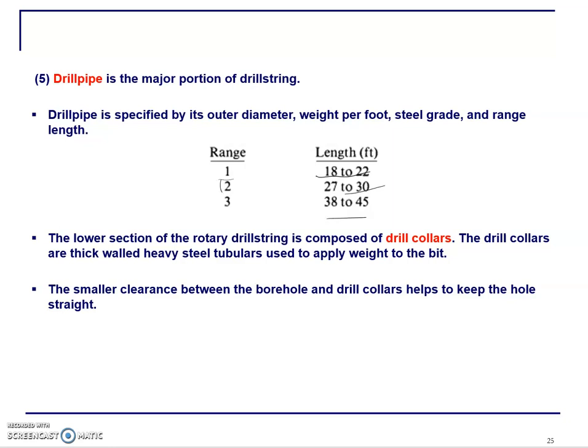Most of the drill pipes are range 2, 27 to 30 feet, and the drill pipes are rated based on their outer diameter, their weight, how much weight they have, the steel grade, and the range length. So all these parameters are really important. For example, the weight per feet is really important because the weight of the drill pipe provides a weight on bit. So